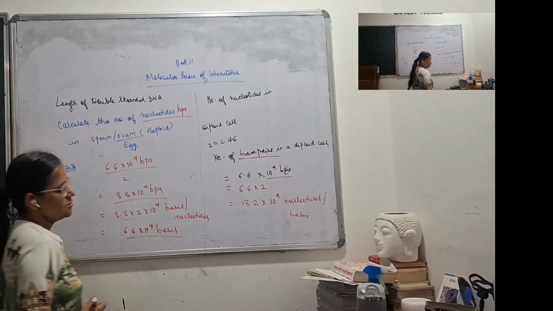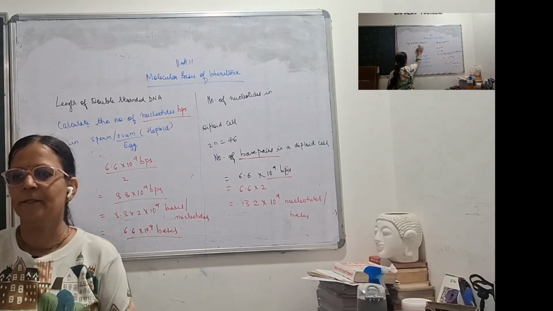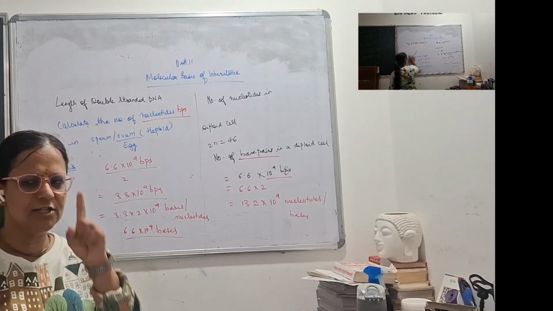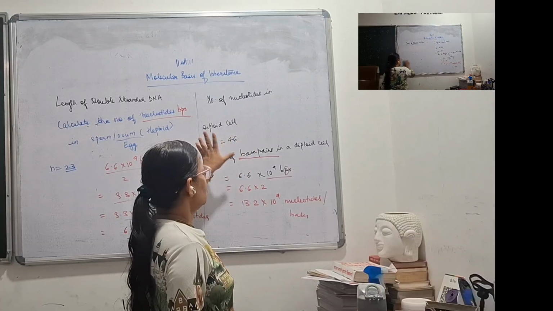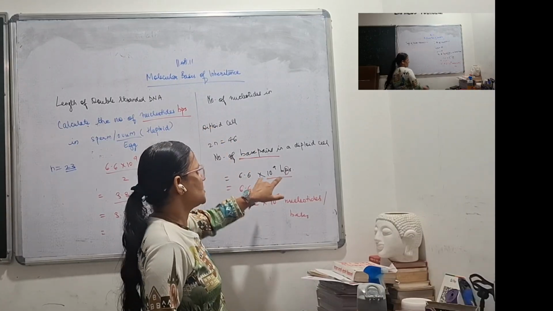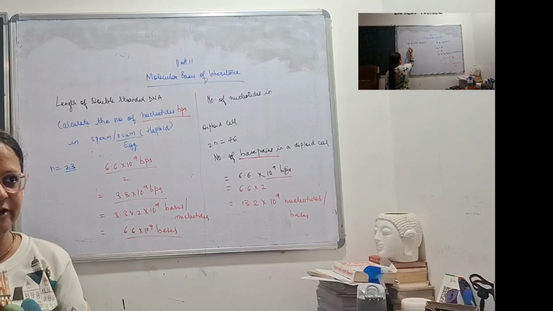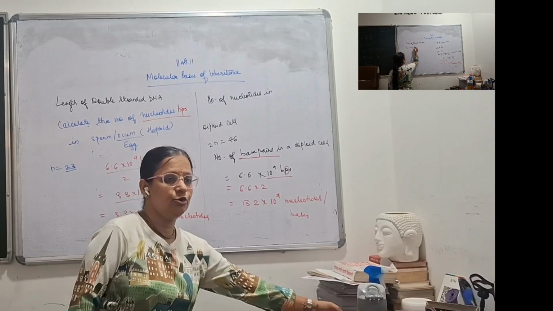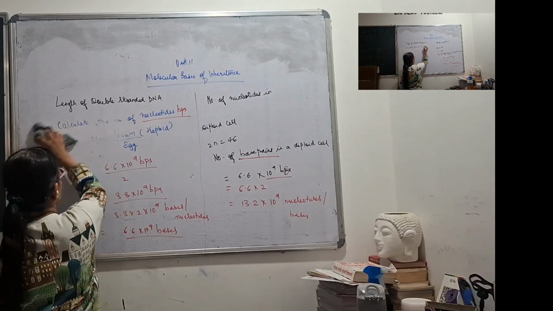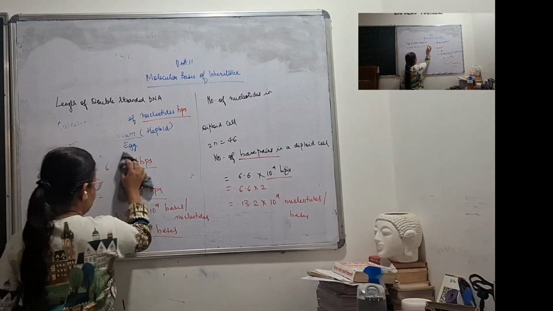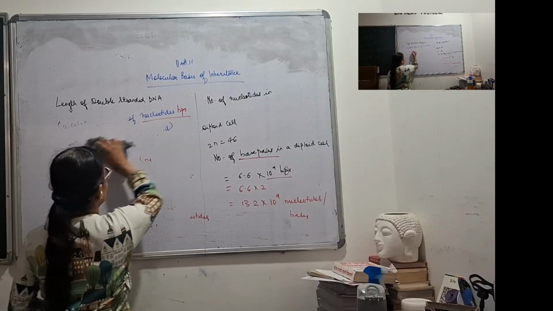Okay. So this is how, if you are logically clear, then you don't have to memorize the figure. At least one figure you will have to memorize, that in a diploid cell, that means in 46 chromosomes, you have 6.6 into 10 raised to 9 base pairs. Is this clear? The structure of nucleotides. Very important that we know that the two strands of DNA are nothing but polynucleotide chains.